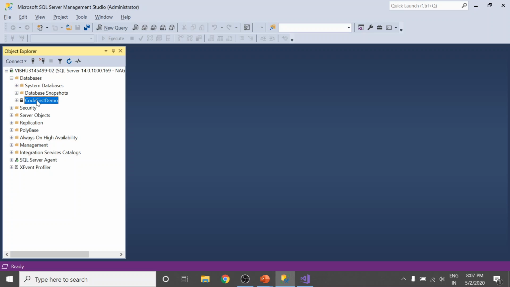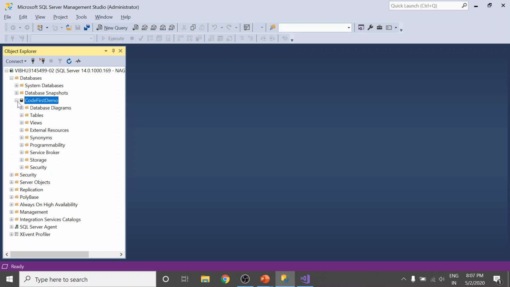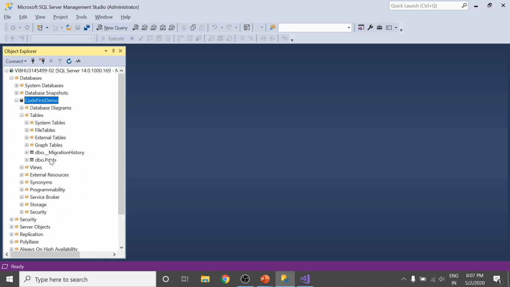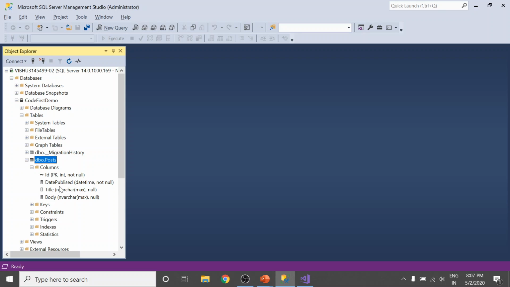Here you see CodeFirstDemo. It was created based on our code. I haven't written any SQL code to create it. Now let's expand it and see we have the posts table here. Let's check out the columns. See, these columns are exactly like the ones we created in the database first demo.